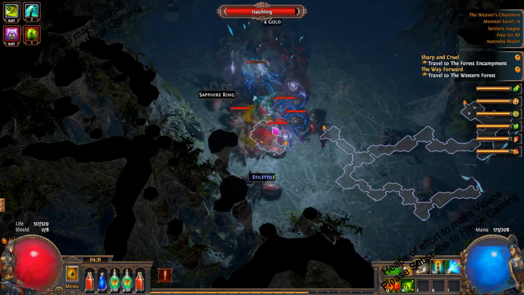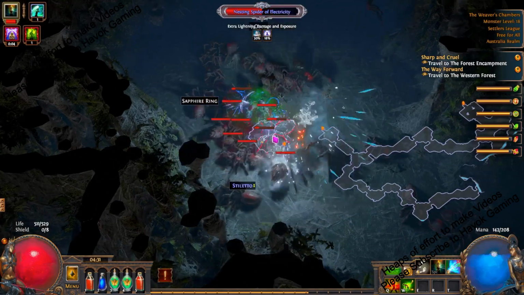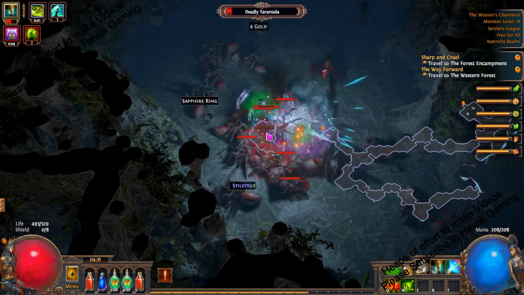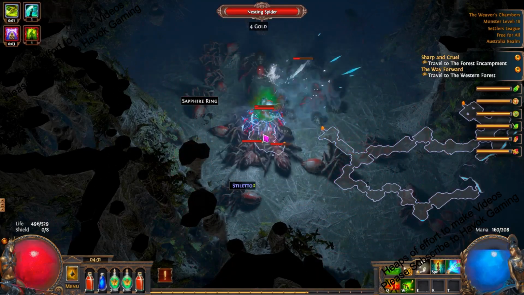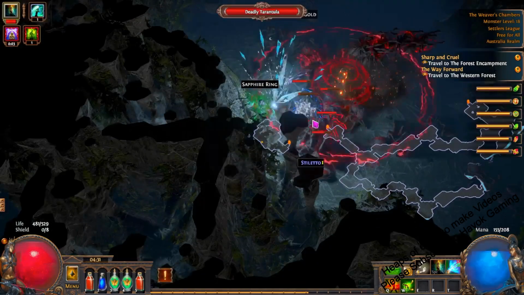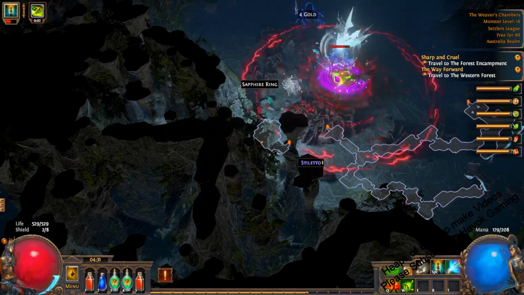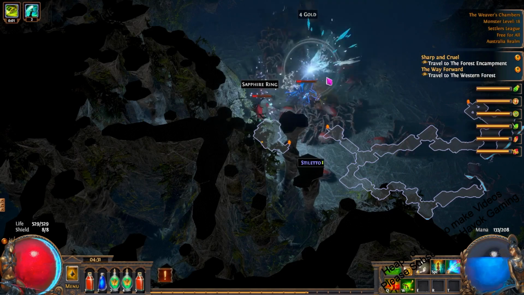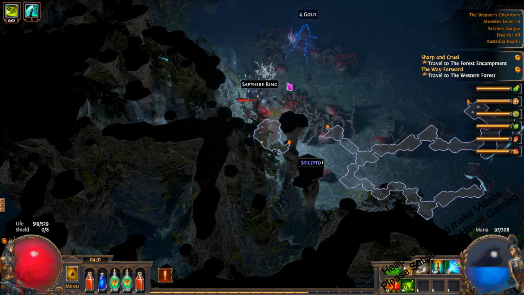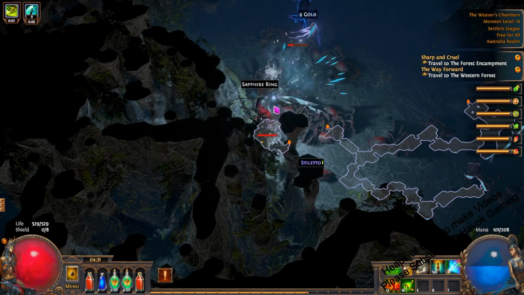1211 life for the Weaver, 95 physical spell damage. Attack time is 0.945, so it attacks fast, plus it has little minions that are very, very annoying. It disappears halfway through. You've got to deal with all of them, and then it comes back down. Armor is not much. It's just a big tanky creature. It's 321 armor, 493 evasion. But as I said,